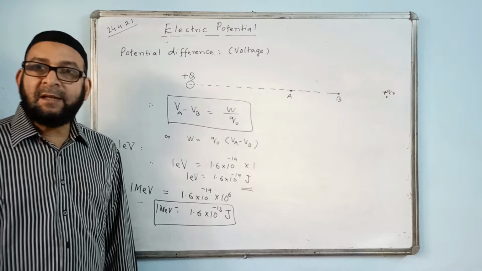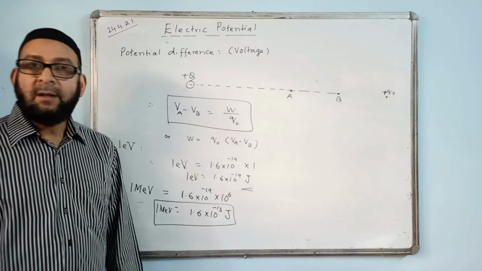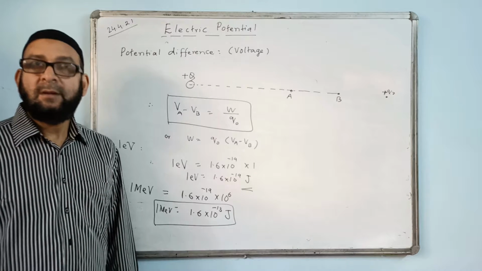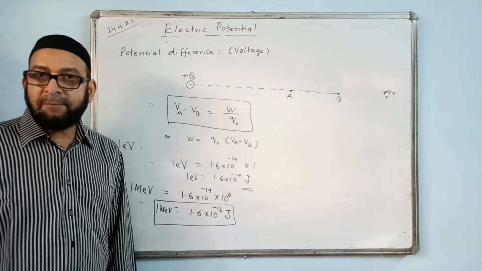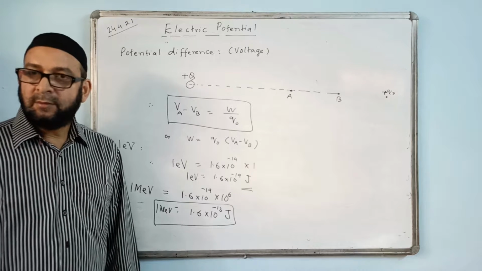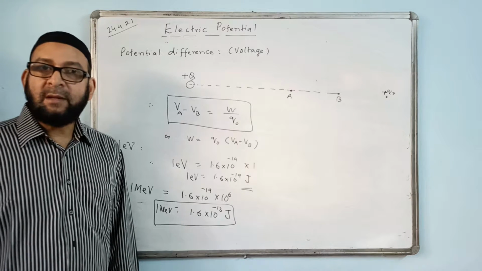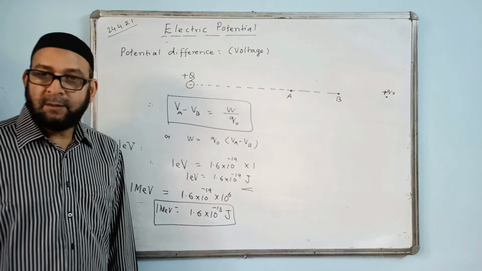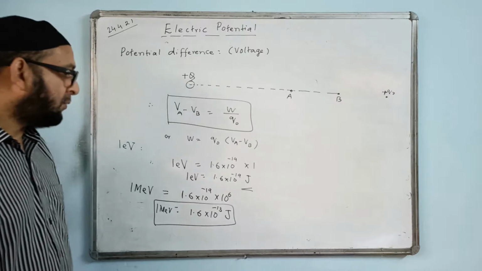I said 10 eV energy. How much voltage is applied? So 10 volt. 100 eV. How much voltage value is there? We say 100 volt. 1000 eV. How much is the value of voltage applied? So 1000 volt. Electron is always 1, and the value of voltage will be mentioned there in terms of quantity. I think you understood this.